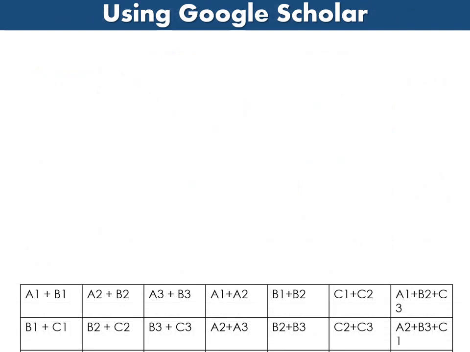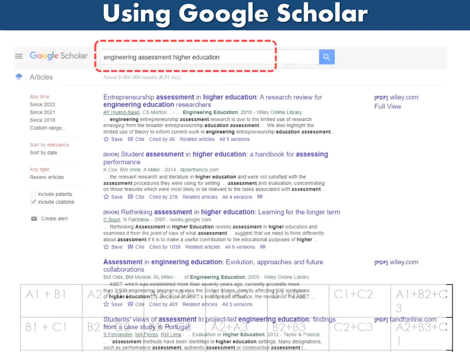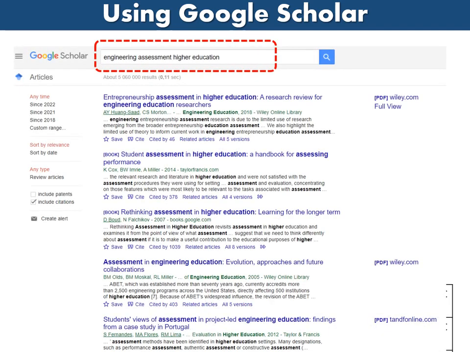Here is an example. Engineering, assessment, higher education. And what you can see is that usually the first 10 entries under any of your search permutations will give you a good idea of whether or not you're using the right terms, you're looking for the right things.